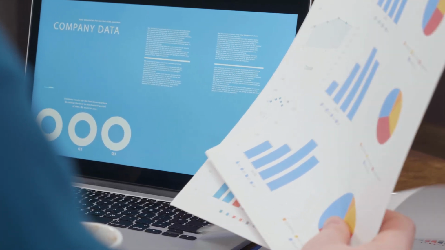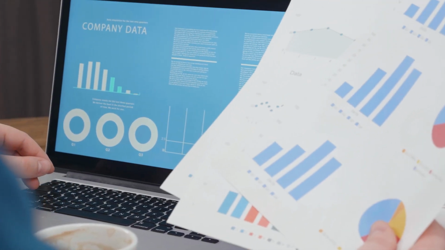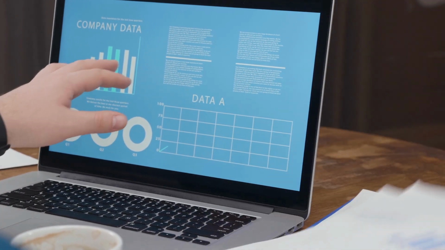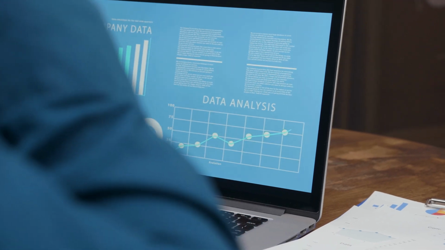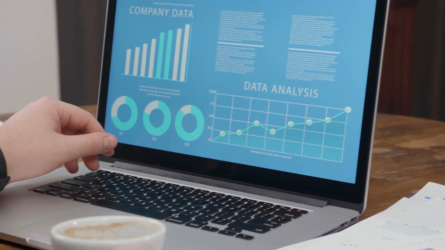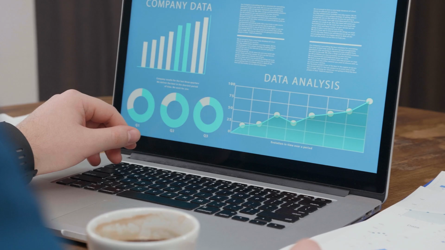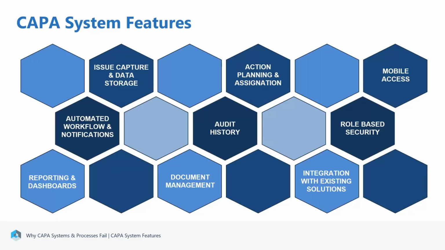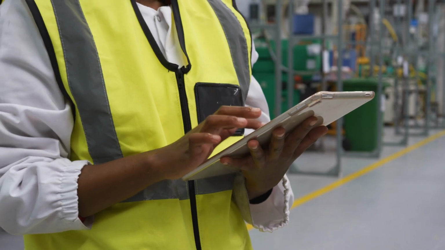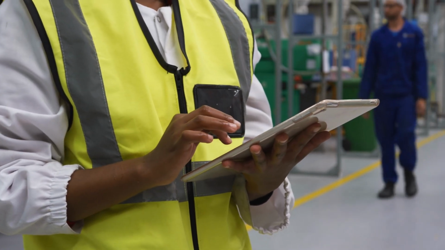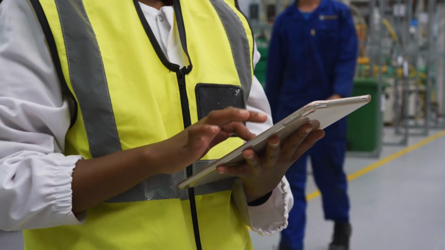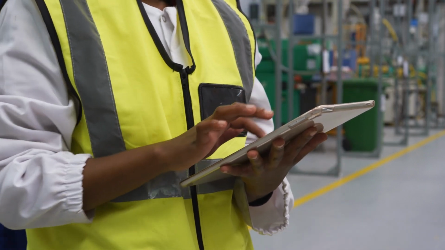We can also then look at reporting and dashboards. What do we get out of the data moving forward, so we can start to make fact-based decisions? So has there been 20 issues logged every summertime? If so, is there an issue in the summer compared to the winter? What is that issue? Let's look at the root cause analysis and then put a fix into place to resolve that. And again, all of this should be able to be done on multiple different devices, so be it a desktop PC, a tablet, a mobile device, so anything should be quite responsive down to those devices.